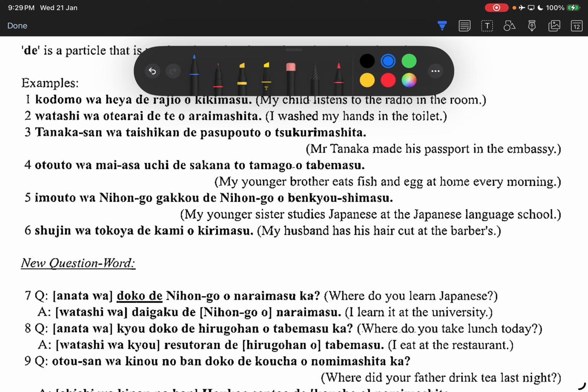At the barber, cut hair. Since this de is our place of action, that means we have to ask for the place. We have to ask the question like where. In Japanese, where is doko. So doko de, right? Our question will be doko de 日本語を習いますか, then you reply 大学で習います。